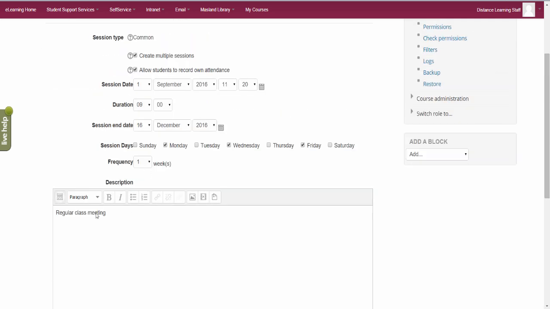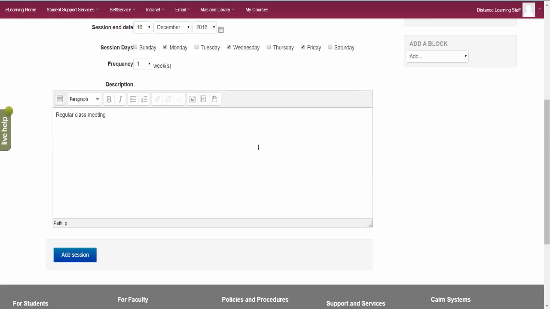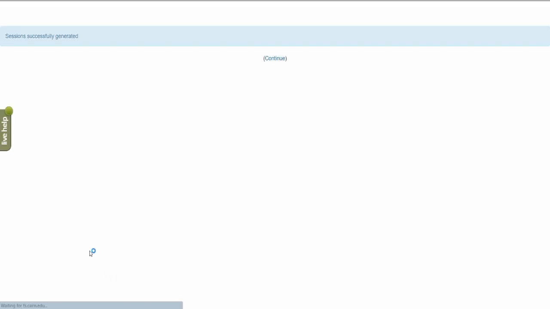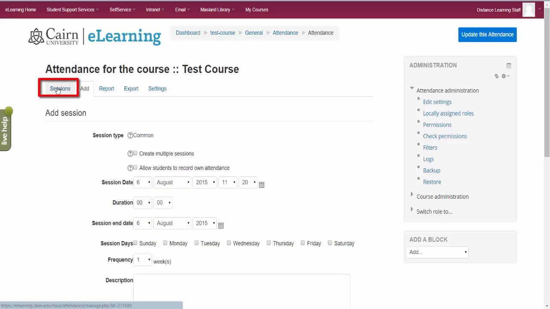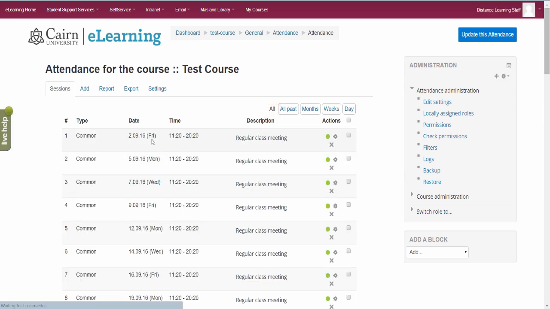So what it's going to do here, before I click on Add Session, it's going to actually match them based on these dates on Mondays, Wednesdays, and Fridays, and it's going to create all those instances for you to be able to take attendance. So now we click on Add Session, click on Continue, and now if we go here under Sessions, and we click here on the All option, notice we'll have all the different sessions